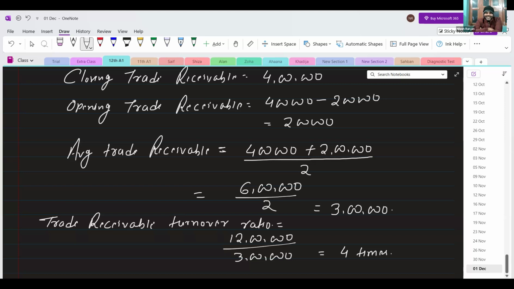Anyone wants to ask a question? No, sir. Okay, so you understood the concept of trade receivable. Inventory turnover ratio we have done in the previous class. We have done some questions, but I think you have understood in the previous class. So if you have any question at any point of time, you can ask. You can also send it on WhatsApp. I will reply. So try to solve questions, revise the concept because the exam is not far now. It is after 2-3 months. So you have very less time to